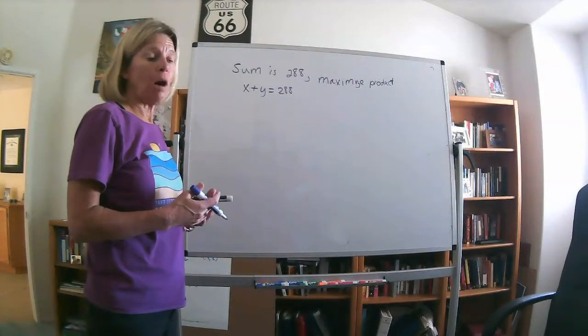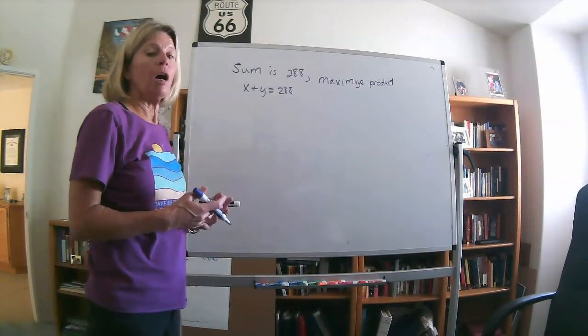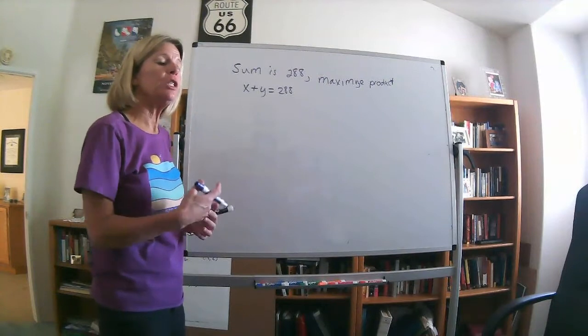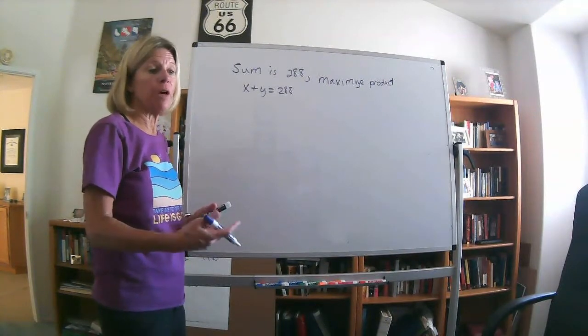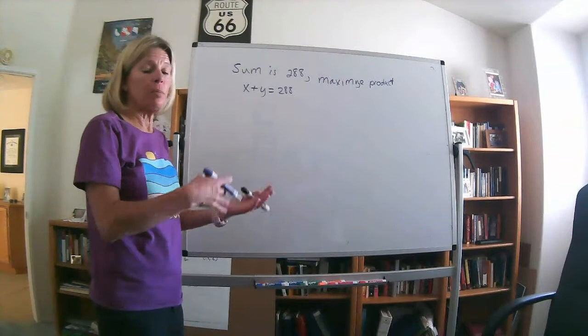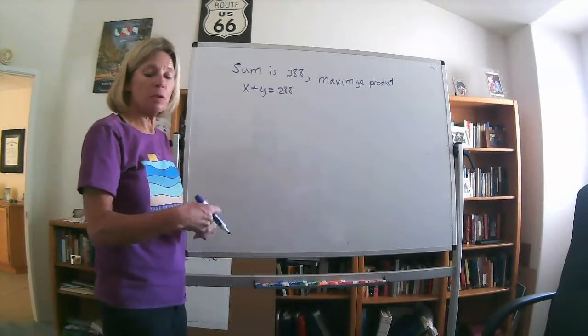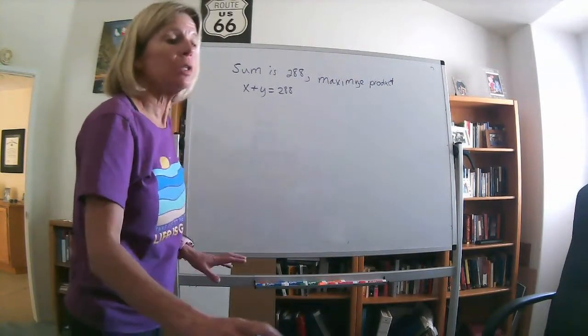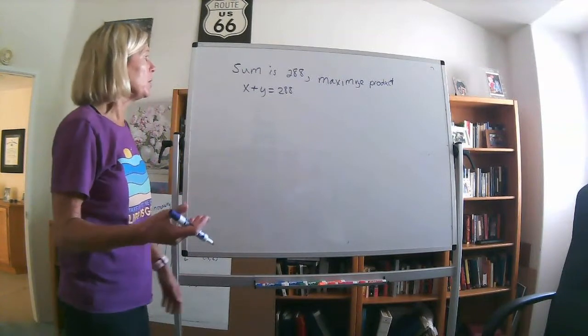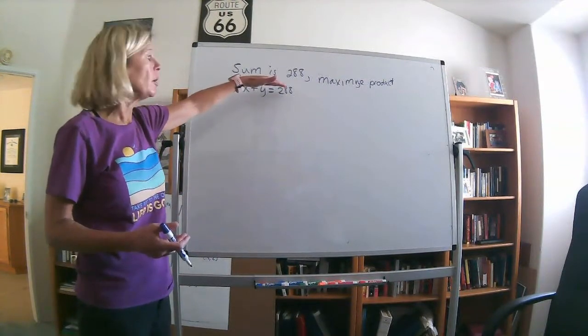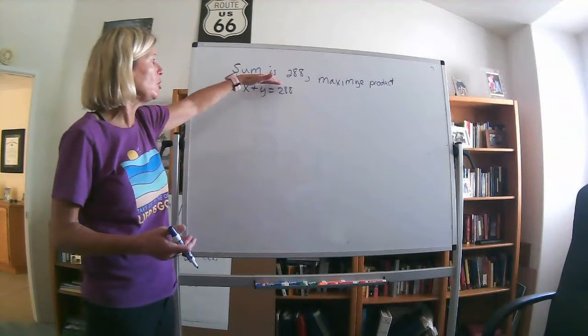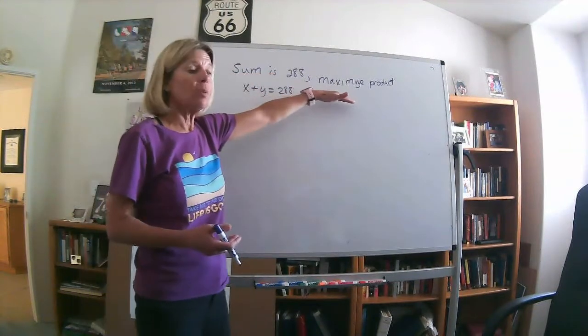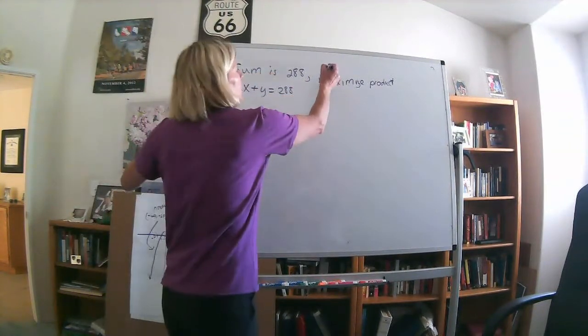Today we're going to talk about optimization problems. Optimization problems is a way to use the derivative to find critical points to either maximize or minimize some sort of situation. So we're going to start off with a basic one about numbers. If I have two numbers and I say the sum is 288 and I want to maximize the product,